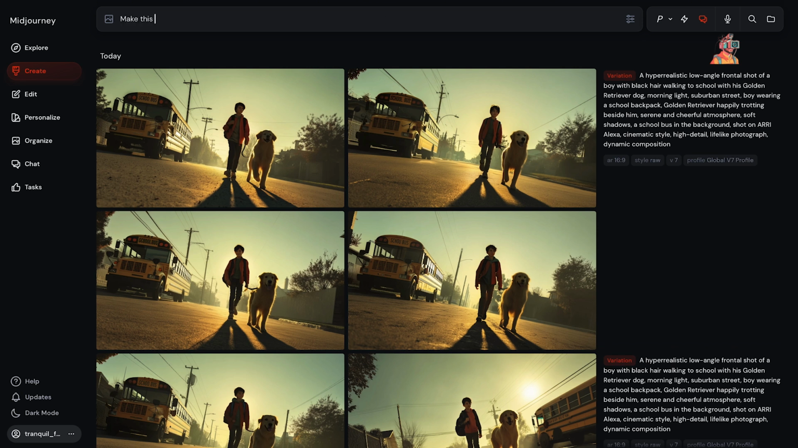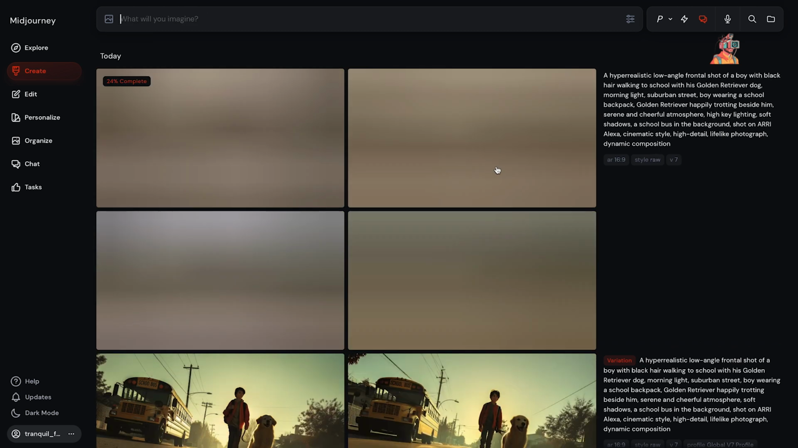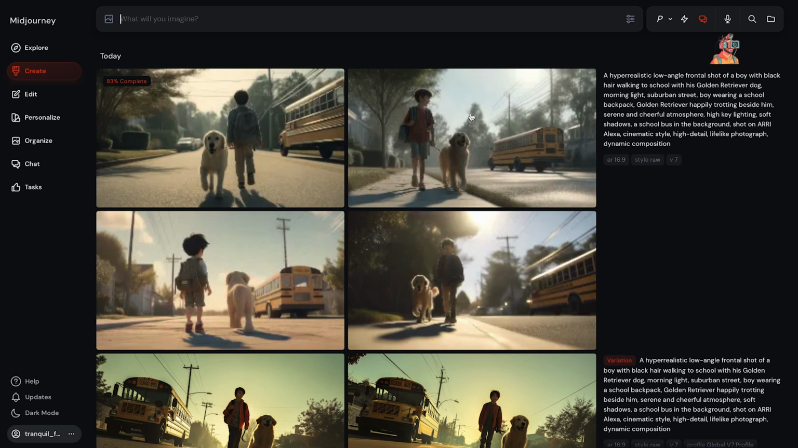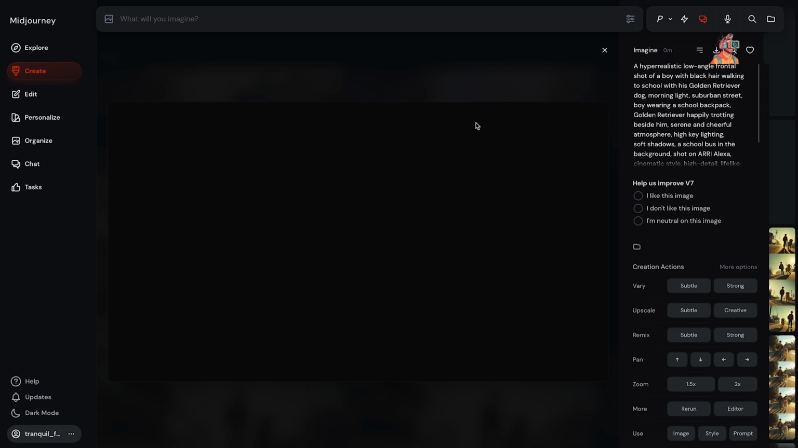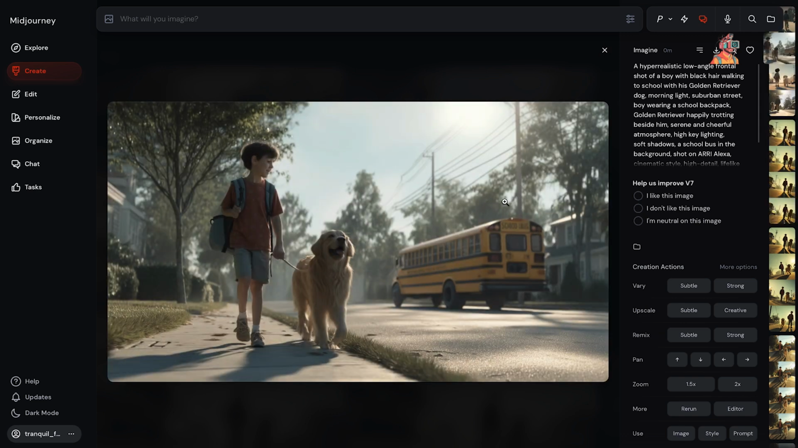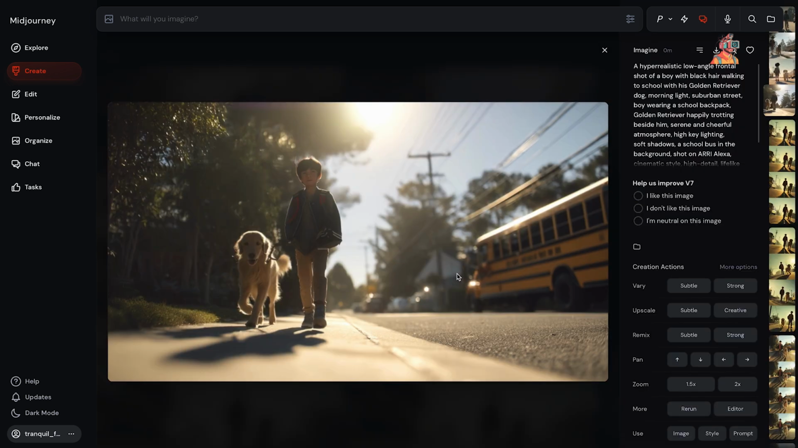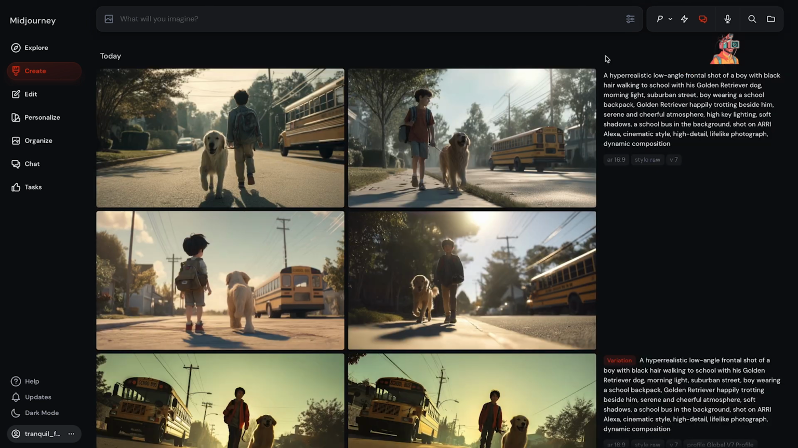Make this image high key lit. I like this image. Nice. Just to start off with, there is some wonkiness to the image as expected, but you can see how impressive draft mode and conversation mode